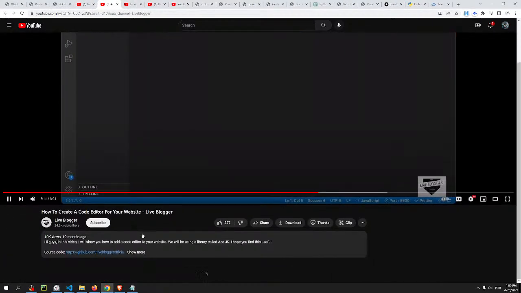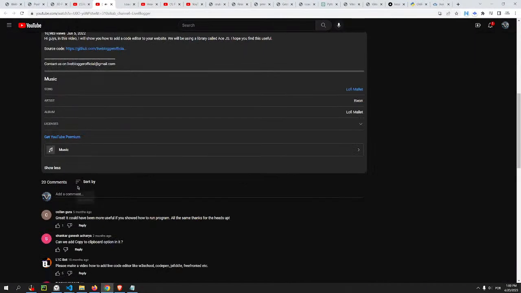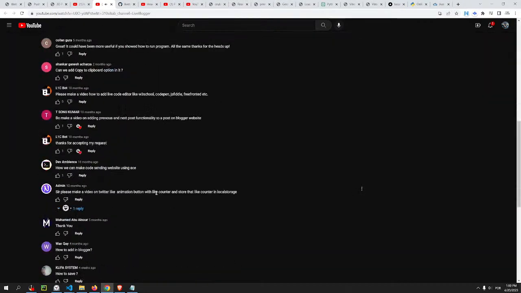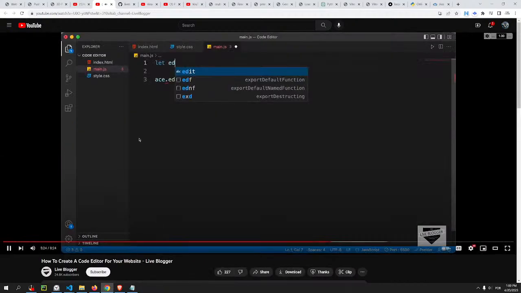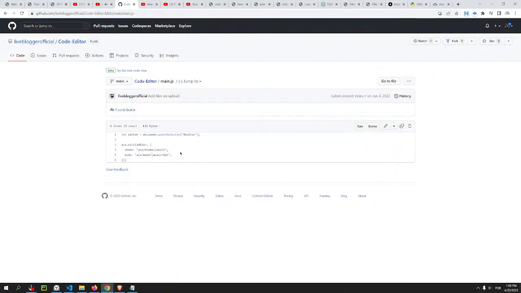Dot edit, and the first argument we need to have is the element. So the element is this division with an ID of editor. So let's first of all reference that. Here just type let editor equals document.querySelector('#editor'), and let's pass that over here. So I'll just type editor,